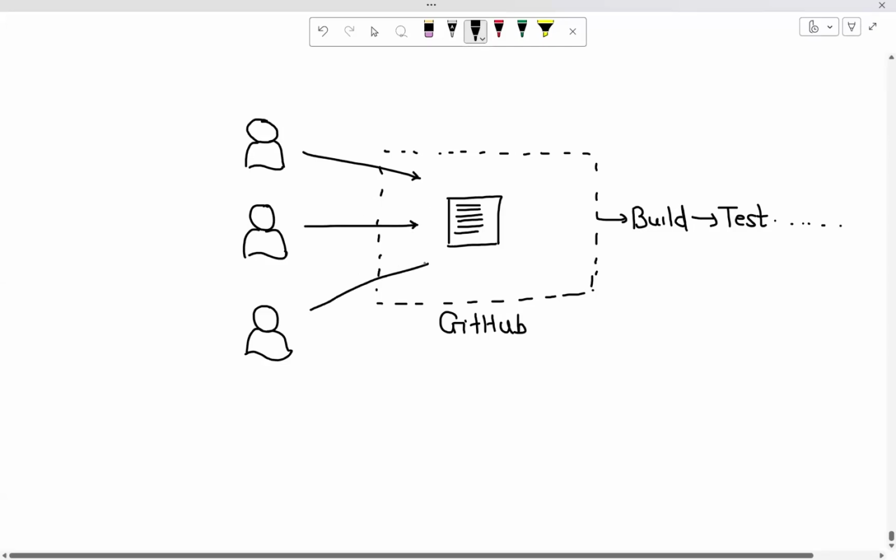This is important, please pay attention. A project could have multiple developers as part of it, if you're working on a big project like this.